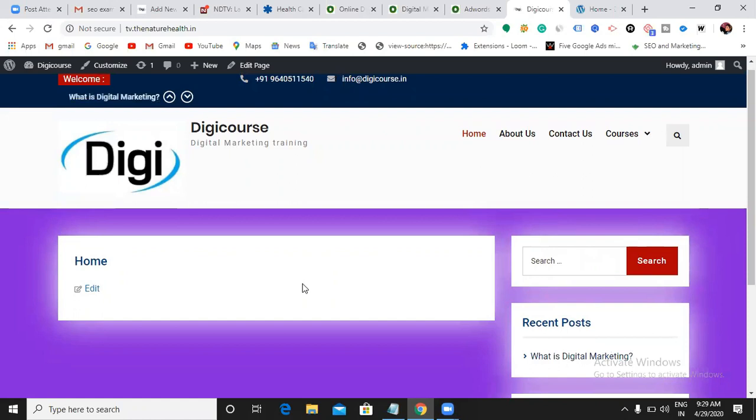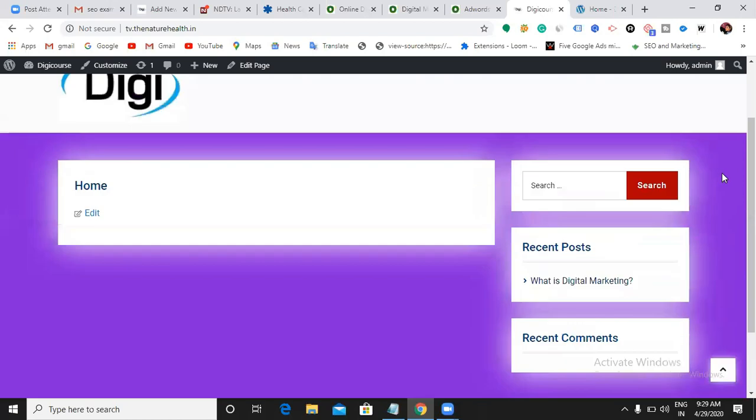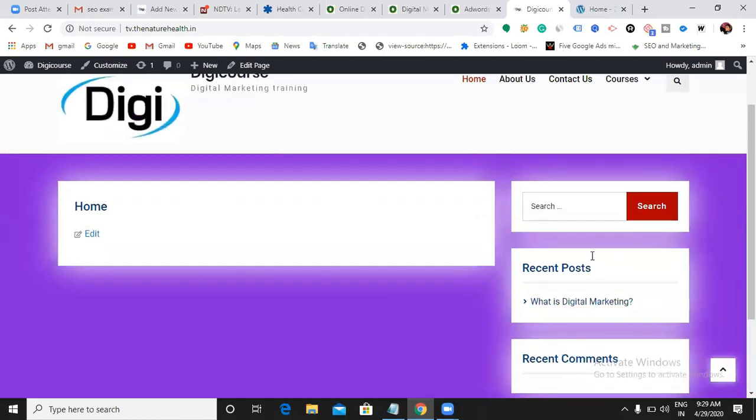Recent post, sir. What does this mean? It is below the search. There is a section called recent post, right? In that you can see it. Yeah, that's what I'm saying. Its complete section is a widget section. We haven't discussed it. Let me tell you what widgets are later.